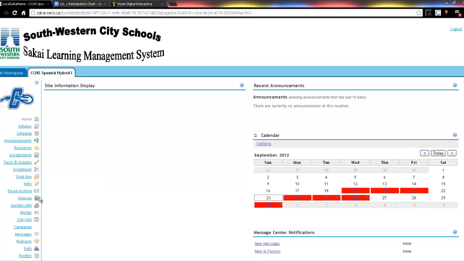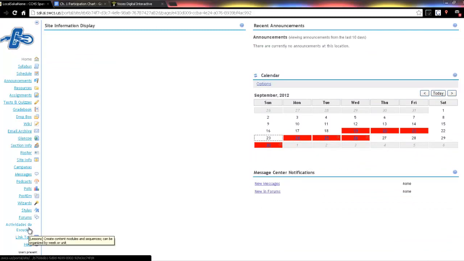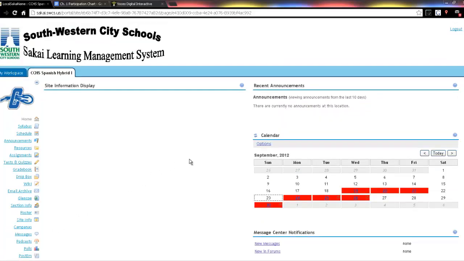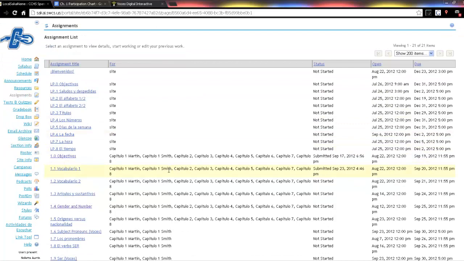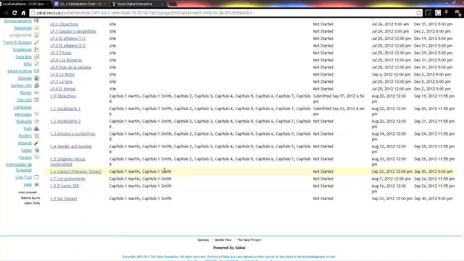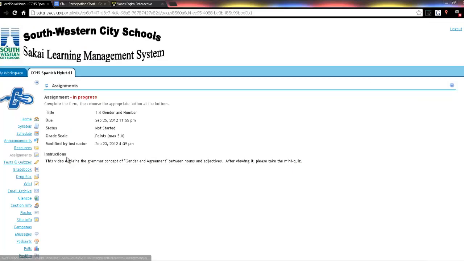Those are some of the other tools that the students have the ability to use. If we scroll down, the main one that they will frequently use is Actividades de Escuchar, which is where we store all of our listening activities. So now let's quickly walk through how an assignment should go at home. Students will click on Assignments. The website will load a list of the assignments that are upcoming. They can click on the one that they are going to be completing,